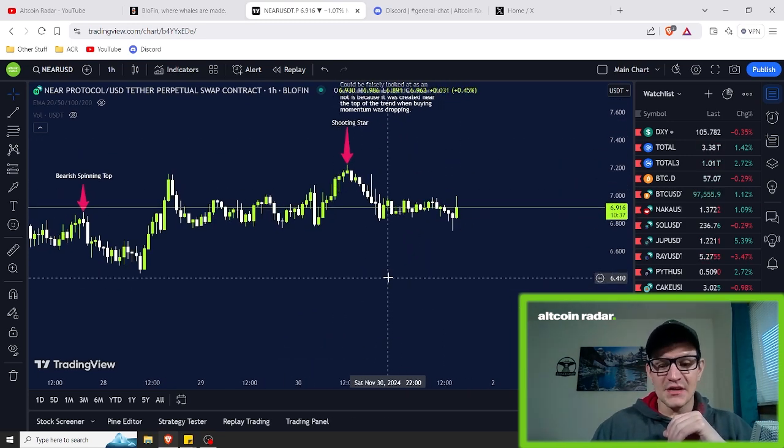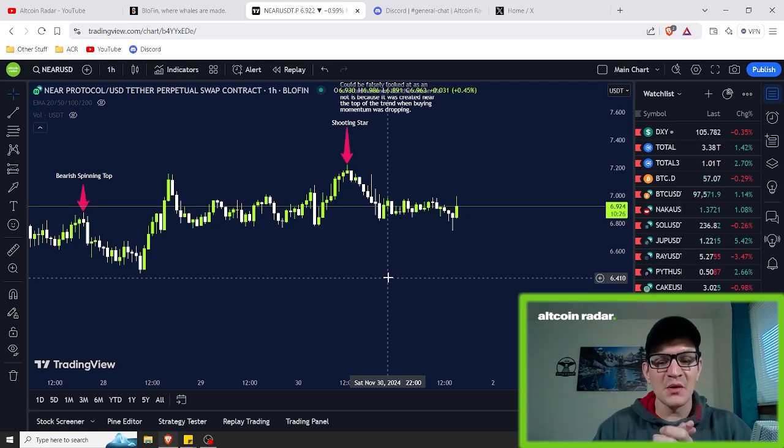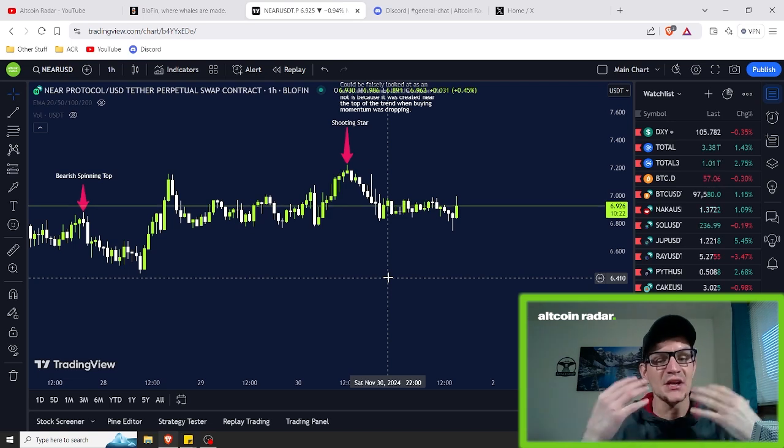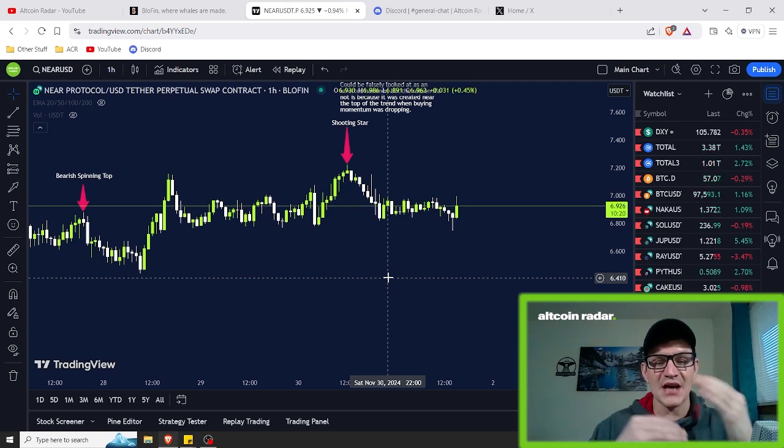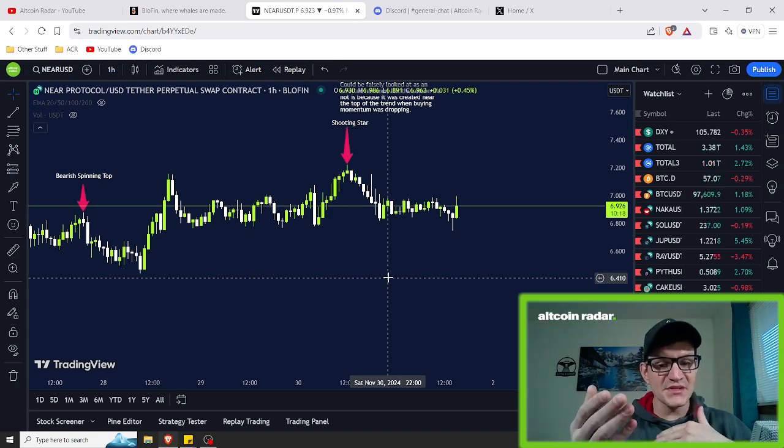So the last bearish candlestick pattern that I want to share with you guys before I wrap up this video is going to be the bearish spinning top candle. And just like the bullish spinning top candle, this one also has a regular body with somewhat equal length wicks on both the top and the bottom as well. But the difference here is this spinning top candle is typically found at the top of a bullish trend,